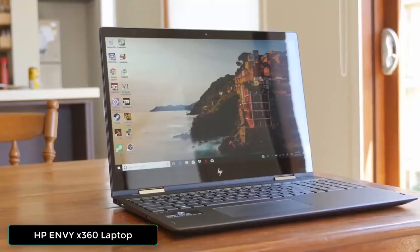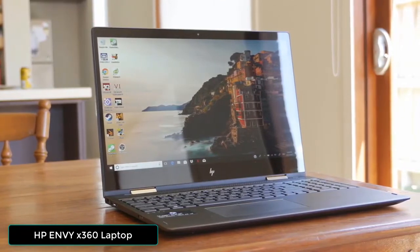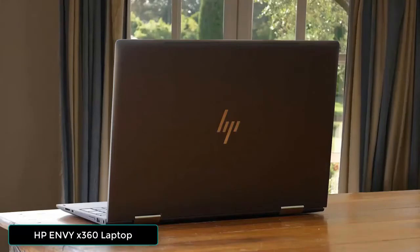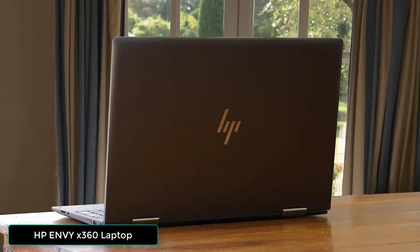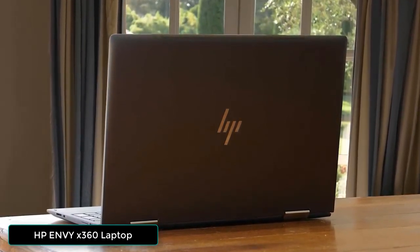Whether you're a regular commuter or a student, the Envy X360 would be a great 2-in-1. It's small and lightweight, making it perfect for hauling back and forth to work or taking from class to class on campus. Add in fast Wi-Fi 6 and Bluetooth 5.0, and you'll get a speedy little 2-in-1 that's ready to get down to business. The dual hinges feel sturdy and don't require much effort to rotate, and offers the familiar